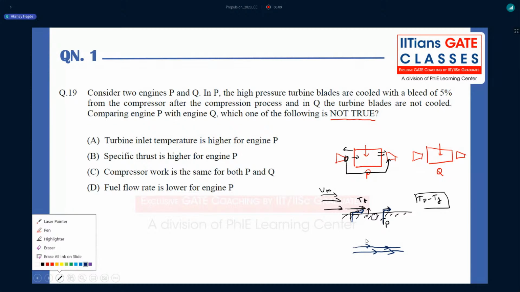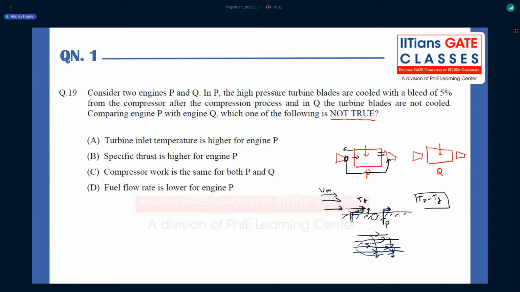Above that, I have a hot stream. So now what happens? Instead of the heat transfer taking place from hot fluid to the plate directly, now it sees a region of cool air. So that means there is a heat transfer to this colder fluid, then that heat transfer is going towards the plate. So that means there is a reduction in heat transfer directly to the plate